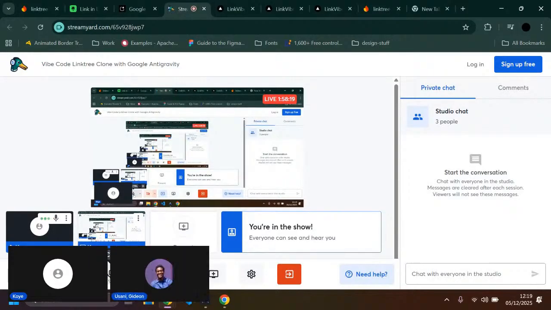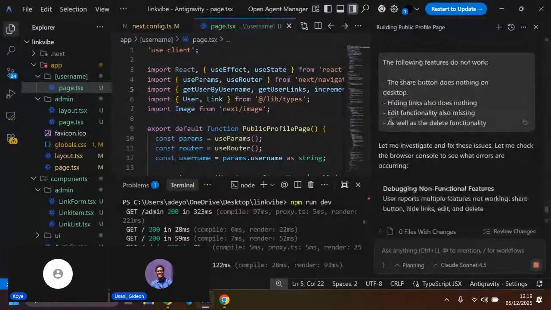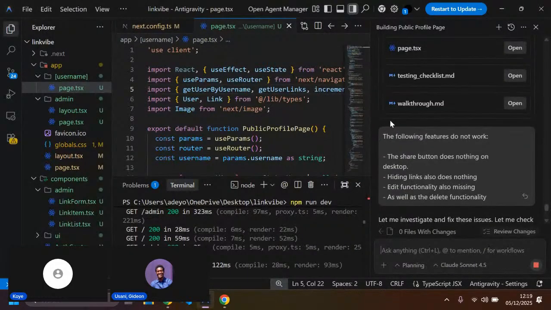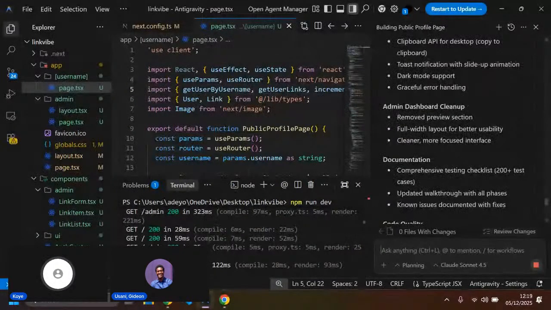Apologies. I just realized that my mic was turned off. So yeah, I was working on the cleanup. So what we're trying to do now is